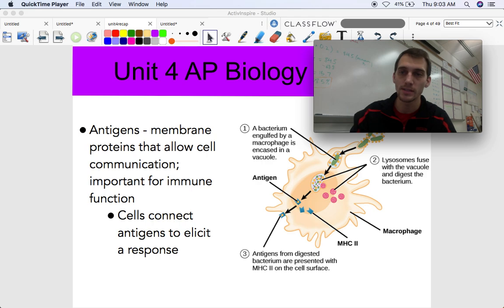Another factor in direct contact signaling, you may or may not have heard of these. They're called antigens. And antigens are membrane proteins that allow cell communication, and they are important for immune function. So your immune system, all right, I don't know a ton about the immune system, so I'm trying not to go out of my depth here, but